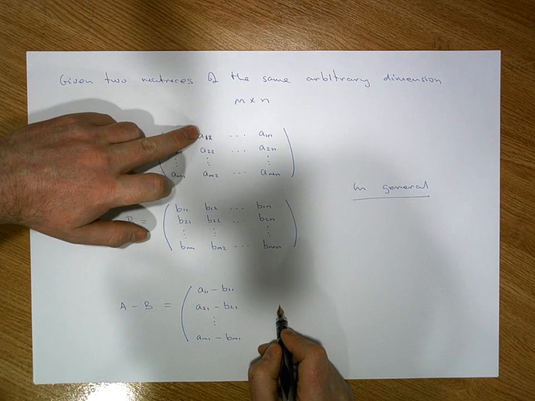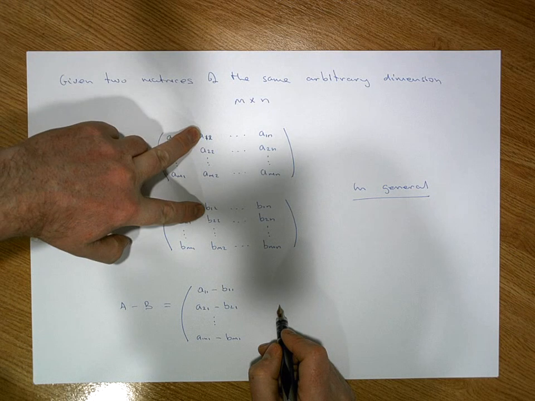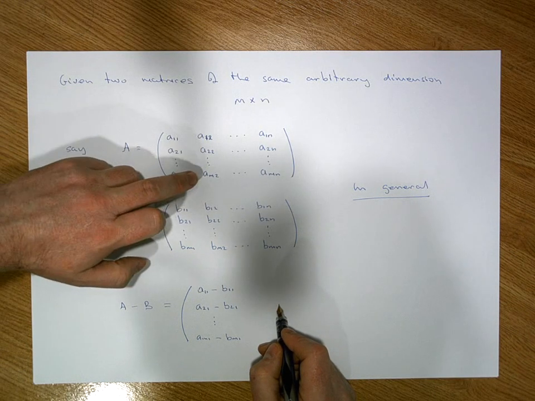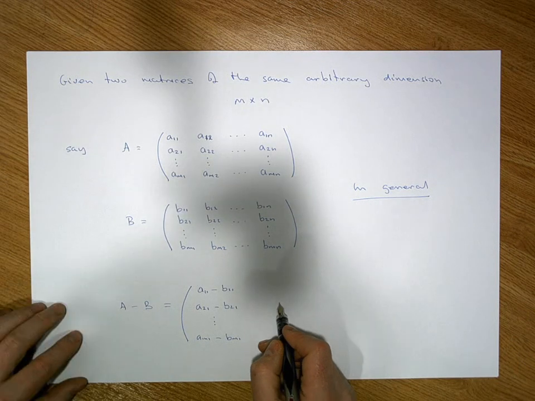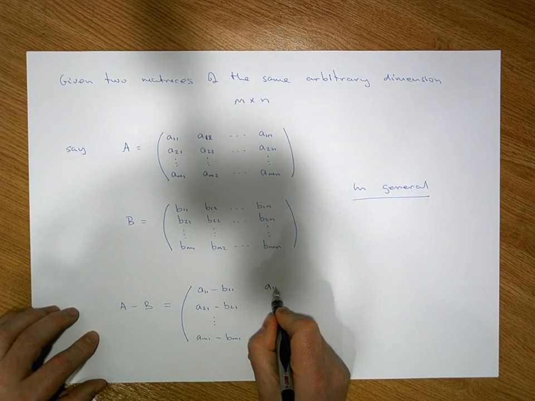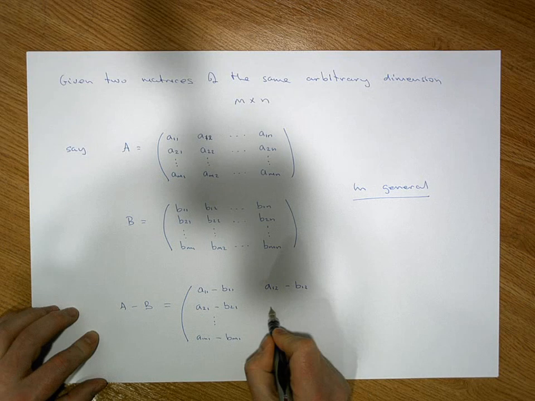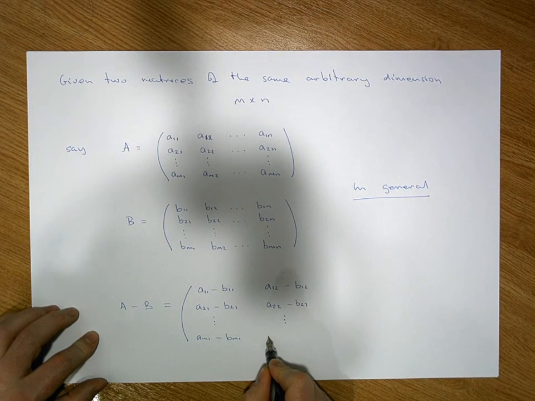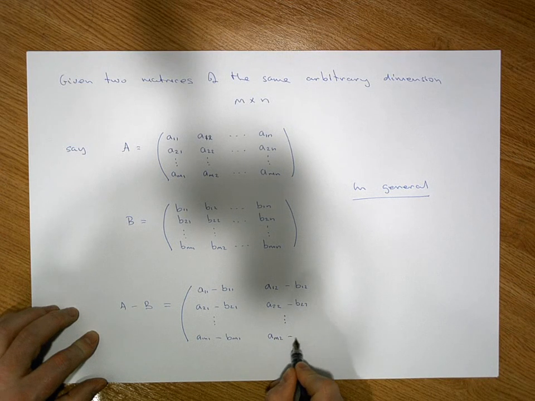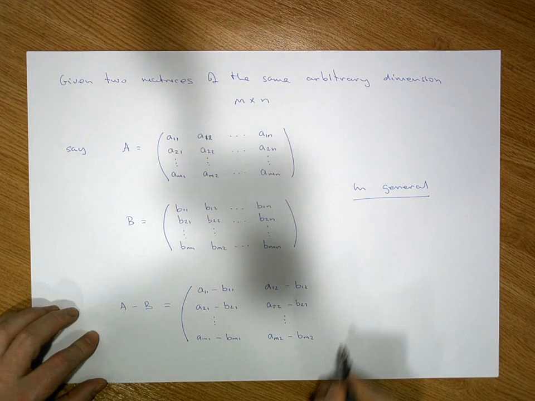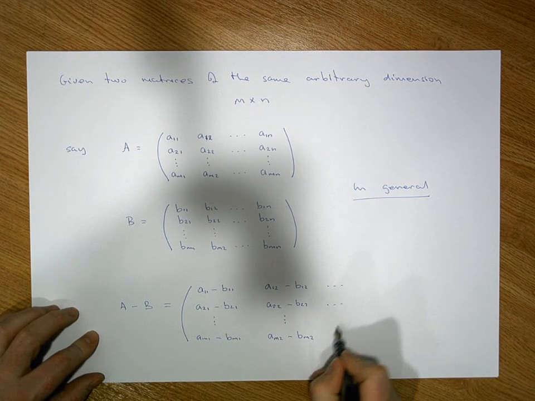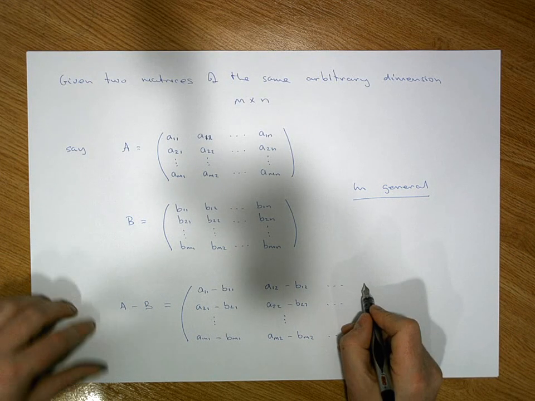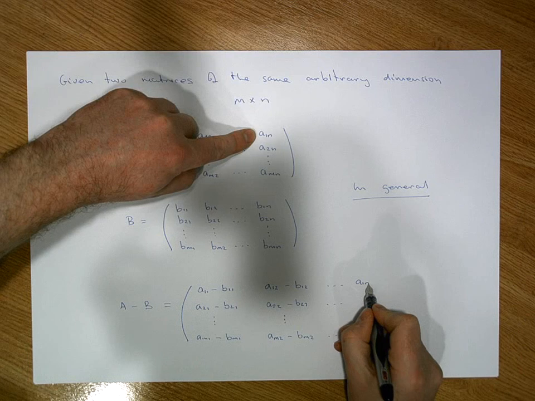With respect to the second column, it's the first entry in the first matrix minus the first entry in the second matrix. It's the next entry minus the next entry, and all the way down in that fashion. So it's going to be A12 minus B12, A22 minus B22, all the way down, AM2 minus BM2. When we move across to the nth column, the first entry is going to be A1n minus